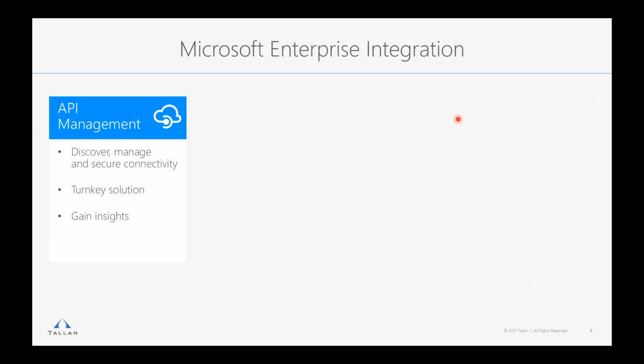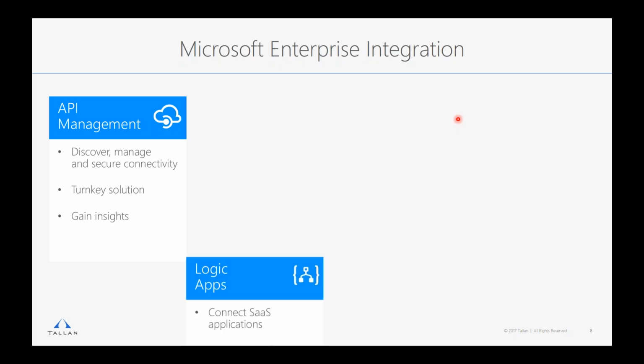So Microsoft's approach to this, and there are some different areas here, but I pulled together some key ones where I'm seeing traction and where I see the future.